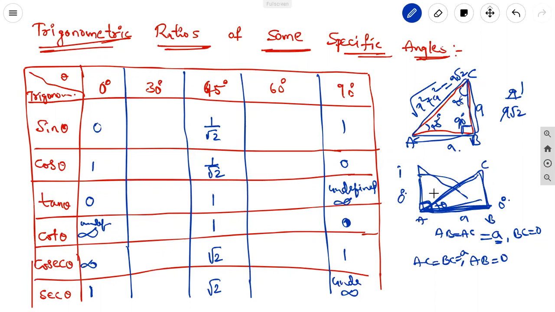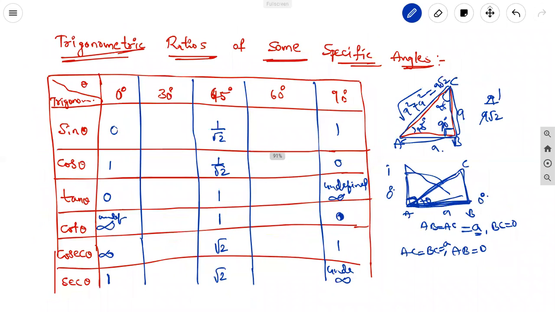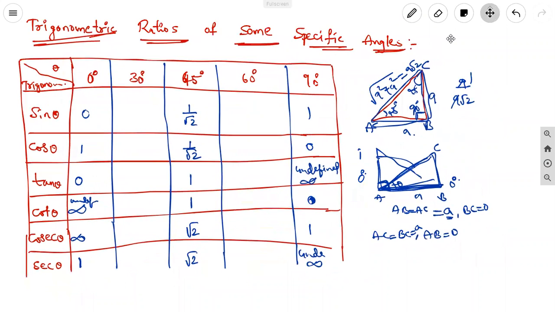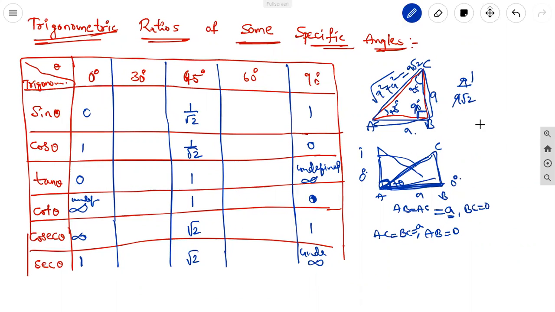Next we can take another right angle triangle, the isosceles right angle triangle. Further, we can take a right angle, which is 90 degrees. The other angle is 30 degrees. This is, suppose, 60 degrees. The same angle we can take on this side, then it is 90 degrees, this is 60 degrees, it is 30 degrees. Just observe the figure. It's 60 degrees, it is 60, it is 60. This is nothing but an equilateral triangle.